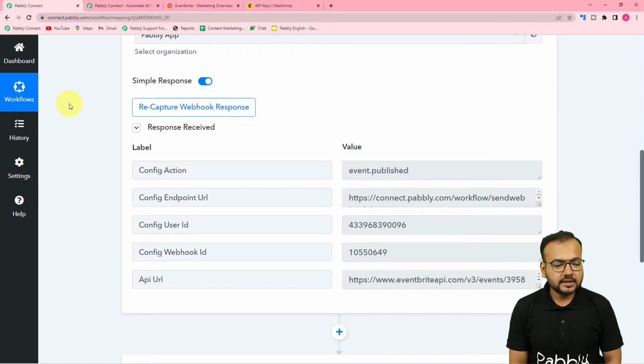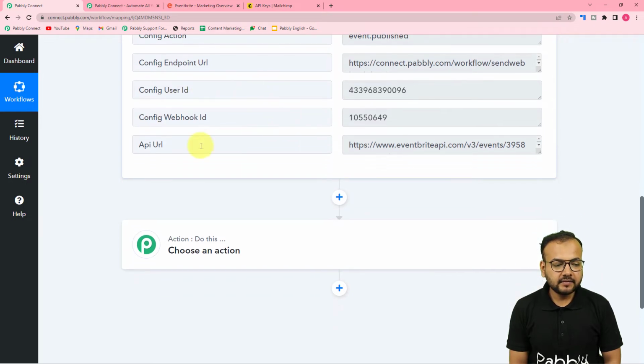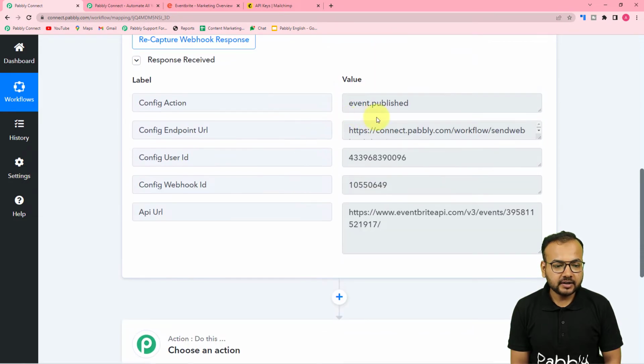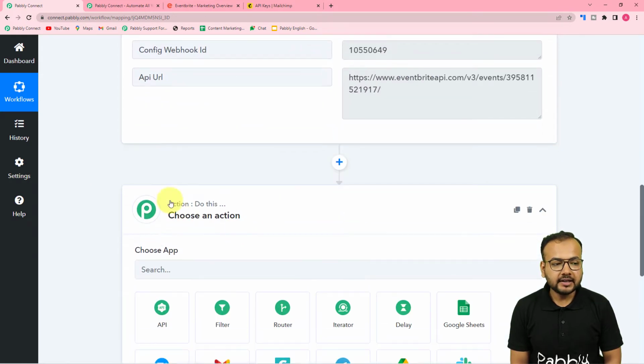So guys, here you can see in this response we got this type of data. So here we got a user ID and here we got an API URL. Okay, so this means our event got published in Eventbrite, and you can see the event is event.published. Okay, so guys, we do not got the details of the event here in the trigger. So we are going to use this action step to get the details of the event using an action event